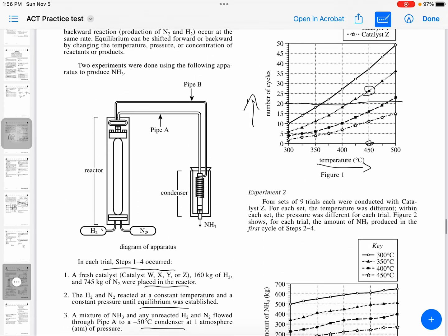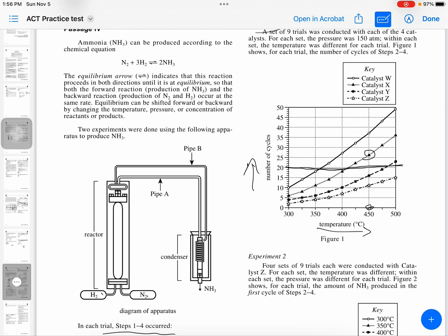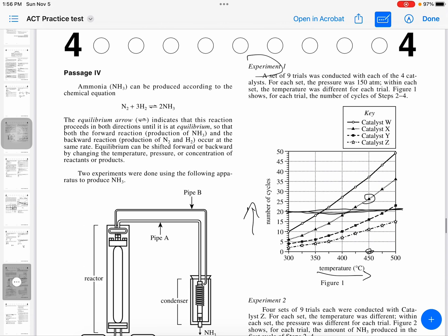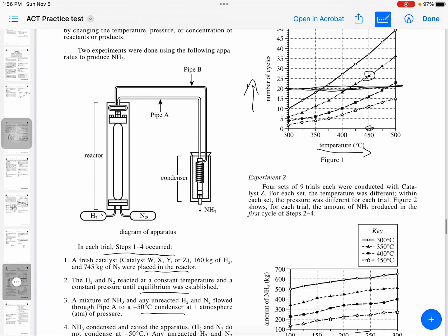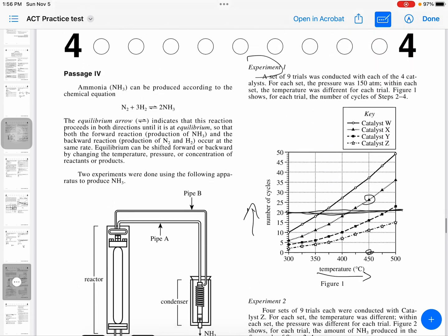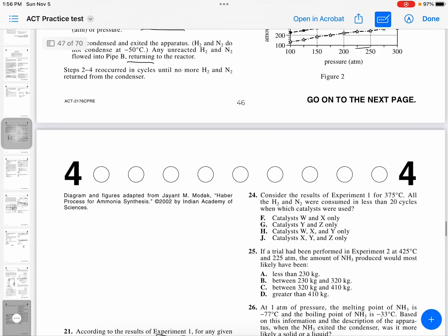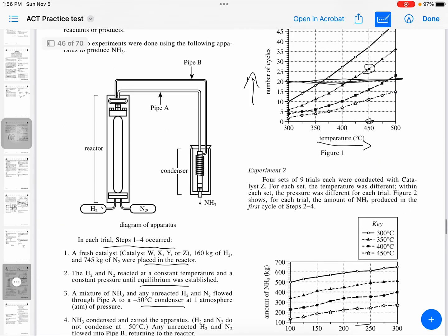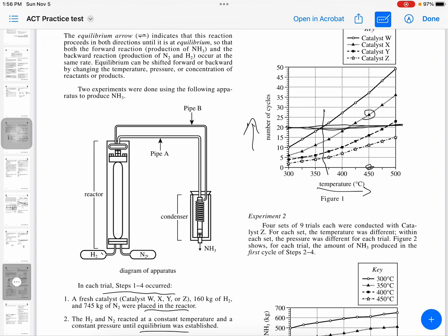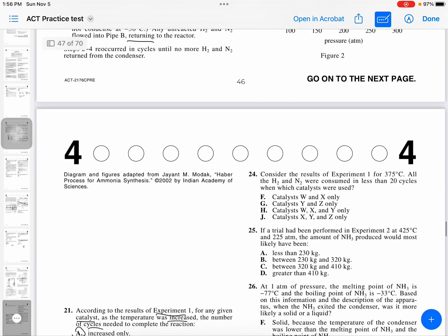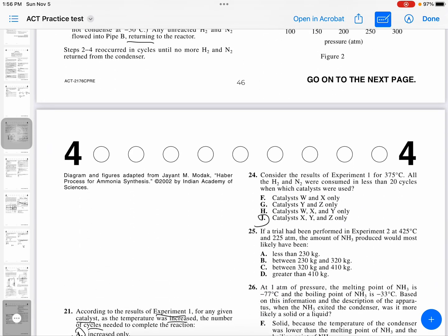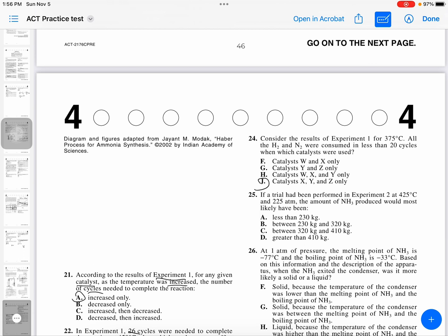Less than 20 cycles. Here's our 20 cycles. All catalysts were consumed in less than 20 cycles. X, Y, and Z. Oh, 375, sorry. 375. Here we are. 375. And so it's all but W. All but W, J. If the trial had been performed in experiment 2 at 425 degrees and 2.25 atmospheres, the